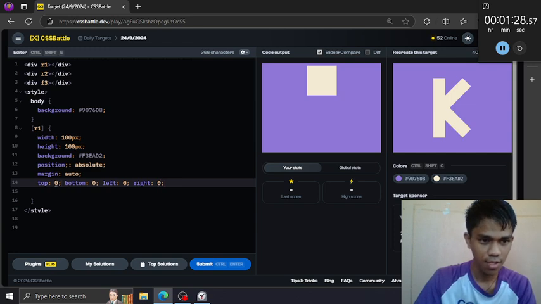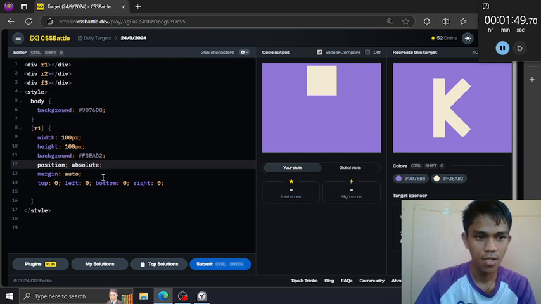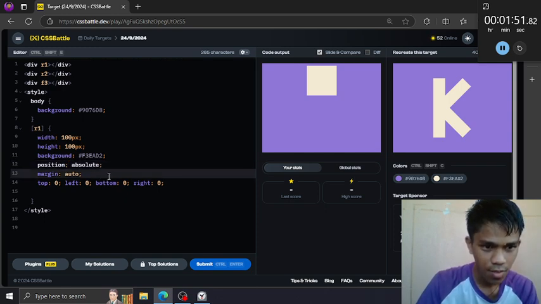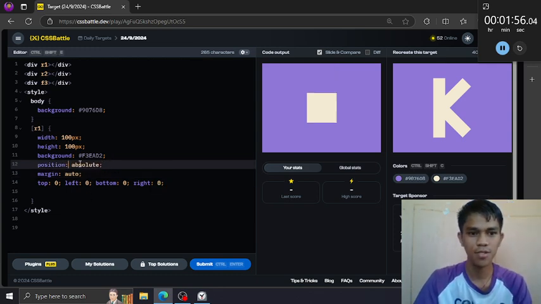Here we go again. There's something wrong about this. Margin on top, left. Left, bottom, right, position, margin. Okay, double colon here. Wait, position. Okay, this is colon. What mistake?